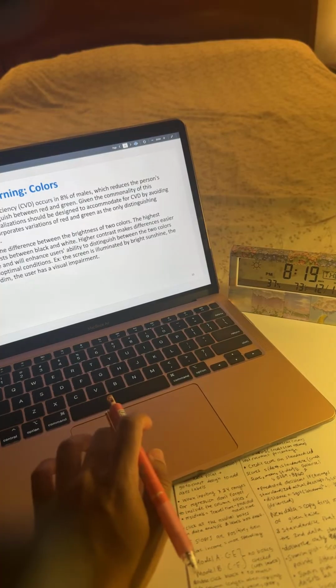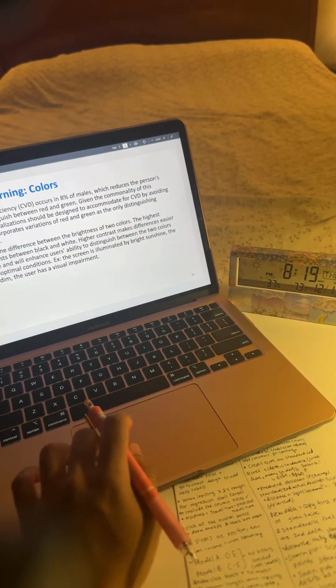It's pretty simple though. Like contrast, you have to have two colors,